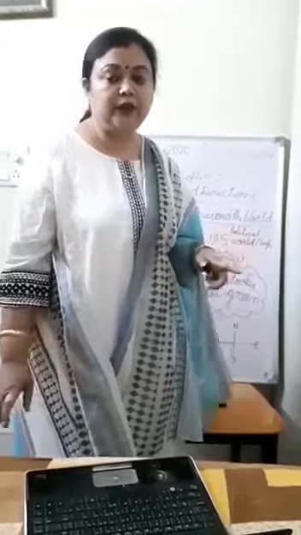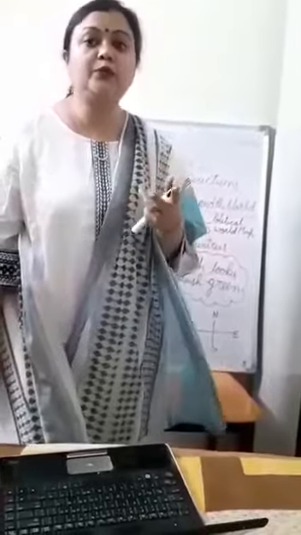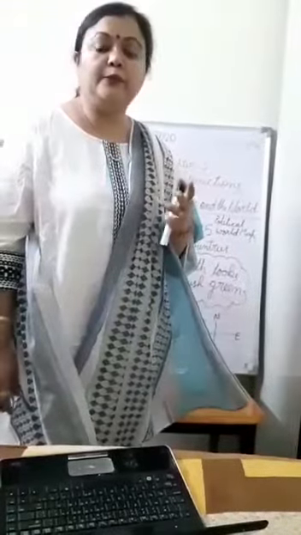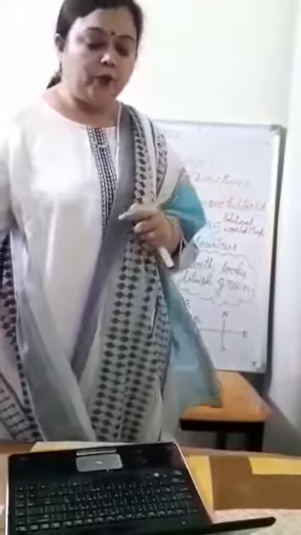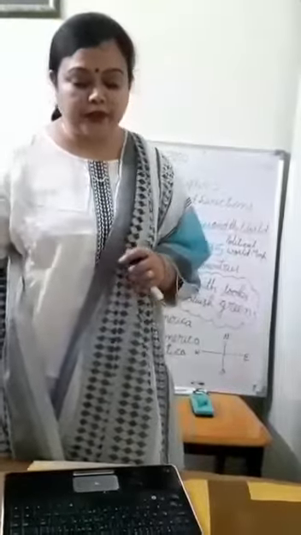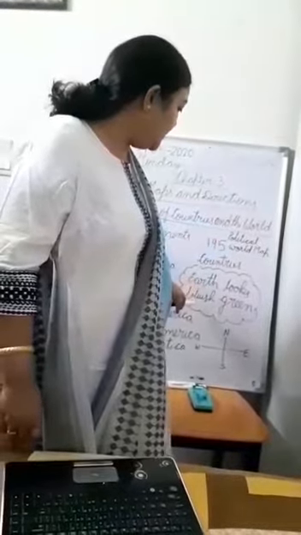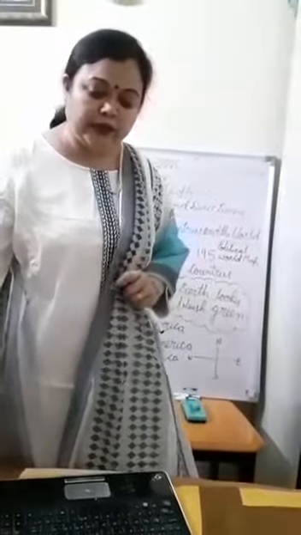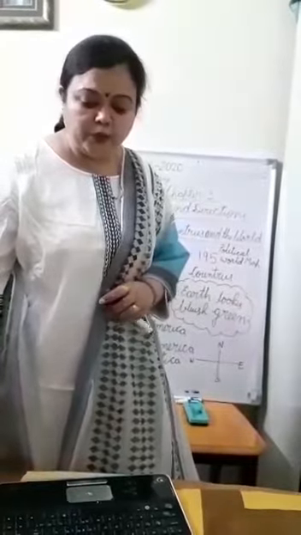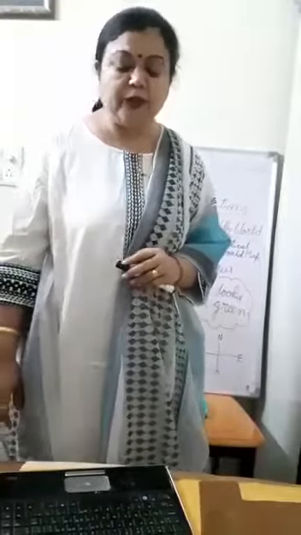The picture I have taken for the 7 continents, I took from the internet, and that is why I showed you, so that you can be more aware of the 7 continents, where they are, and you will be able to identify them also. Okay, so did you know? After this, on page number 38, we have the Did You Know. What I told about this is that when we take a picture from above, our earth looks bluish green. So when the earth is viewed from space, it looks bluish green. The land is visible in green, while water is visible in blue.